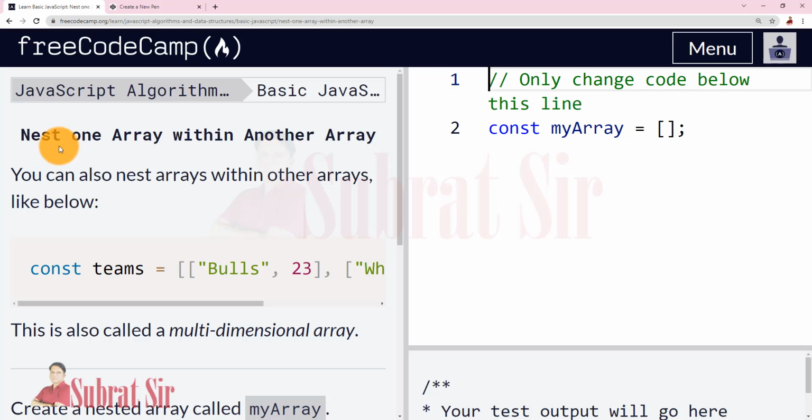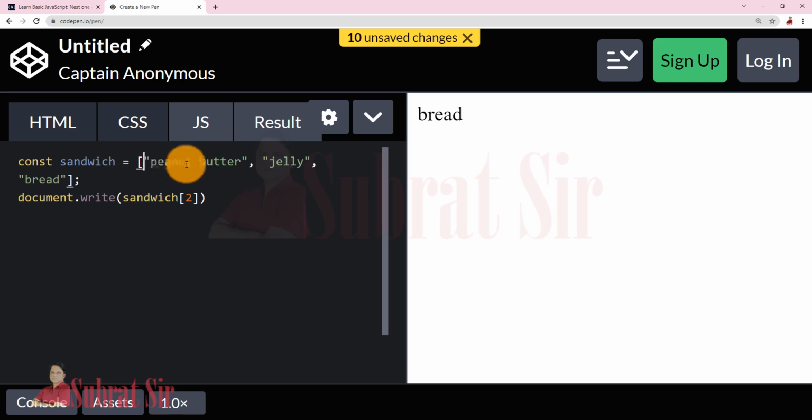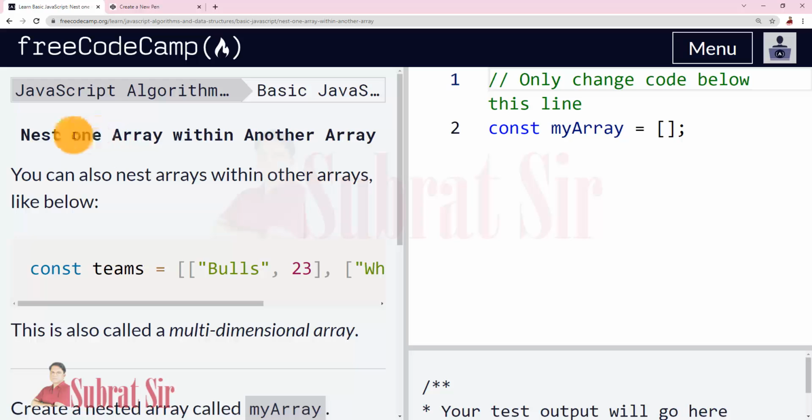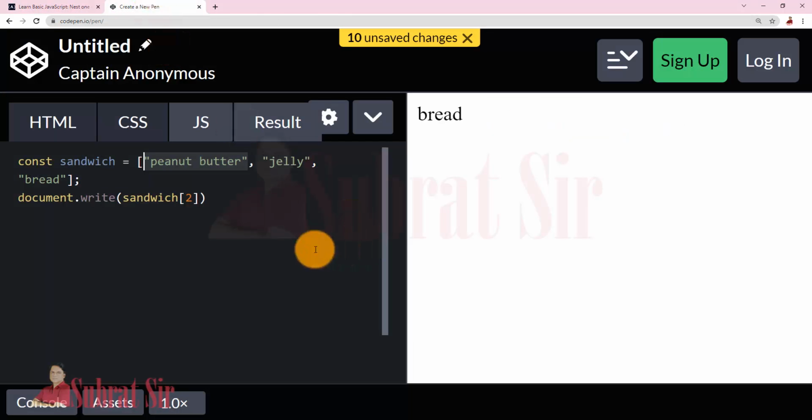Next, one array within another means each element here, this array has 3 elements. Each element of an array is another array, then we can say one array within another. Okay, array within array. Each element of array is another array.